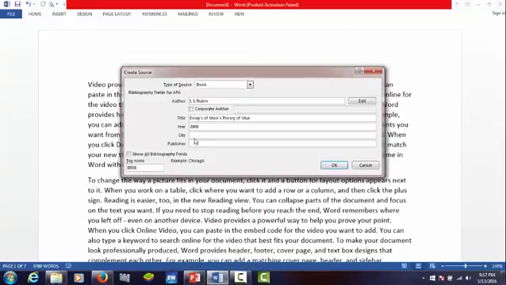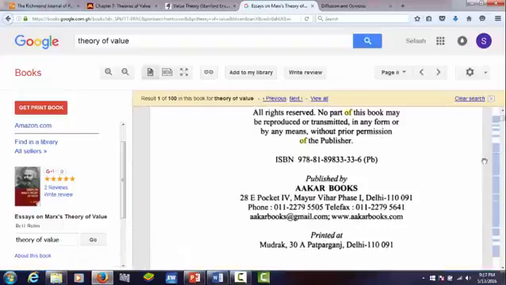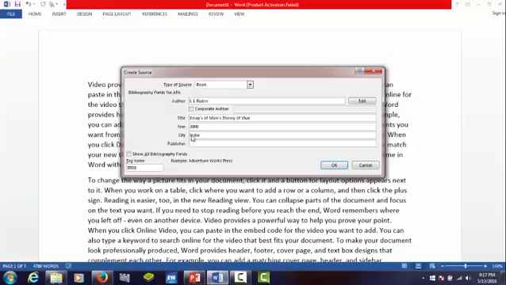So India, great. And the publisher is Akka Books. So Akka Books, great. So now if you feel there is something else you need to add, you click on Show All Bibliography Fields,